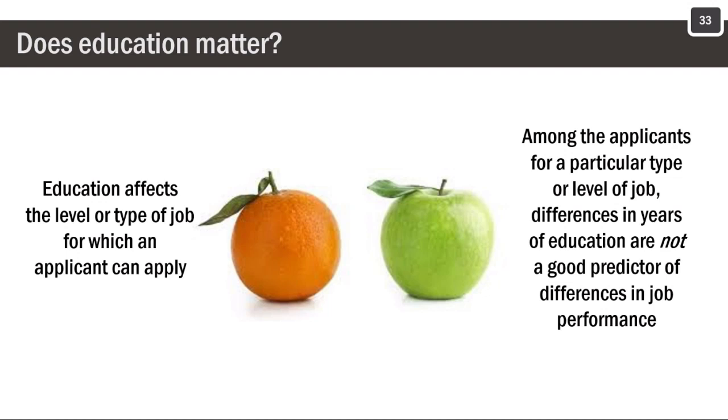In other words, and why do we have here apples and oranges? Well, metaphorically speaking, education allows us to separate apples from oranges. If we have a job for apples, we will obviously only consider apple candidates. If we have a job for oranges, we'll consider only orange candidates. But when we then try to choose which apple is the best for the job, then you need to look at the apple's GMA, not the apple's years of education.